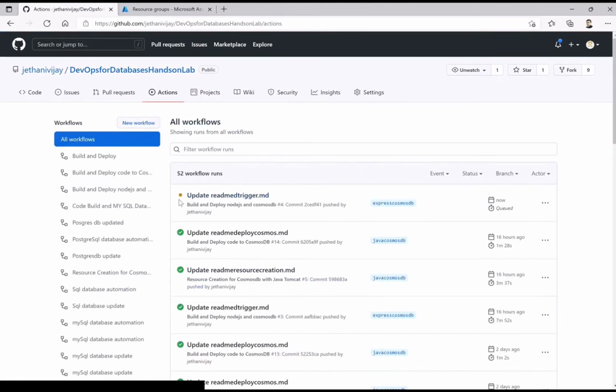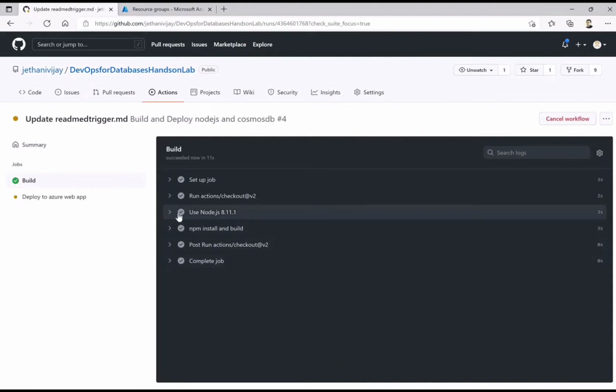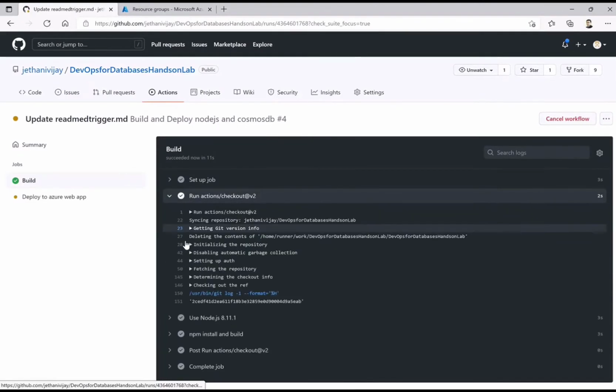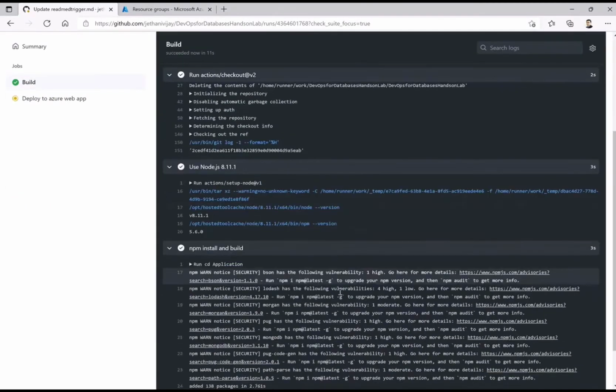Okay, so this is how the workflow is running now. I have two jobs here within which we have set the steps. One is getting the build package built from here. The other is deploying your web app. Okay, so this is exactly the same steps which you have seen here. First of all, the repository is presented to the hosted runner, which in our case is an Ubuntu machine.